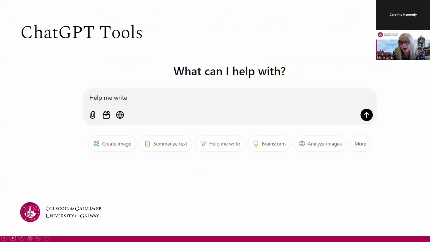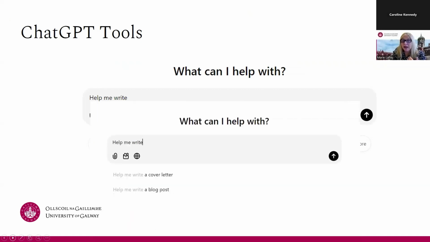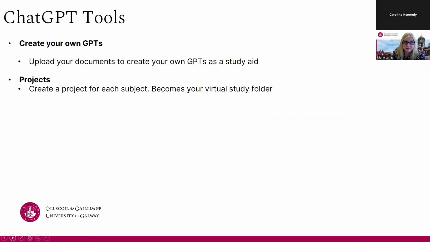It's really evolving now. If it's the paid version, with the paperclip there, you can upload your documents, you can upload your teacher's notes, presentations, pieces of text, and it takes that, and then as you're interacting, that's where it's going to use its information. You can get it to, as you see there, help me summarize a text, help me write, help me brainstorm ideas. Perhaps if you're given an essay, help me brainstorm ideas around that particular topic. So if you're using the paid version, these tools are really helpful. As I said, what can I help you with? Help me write, just an example there.